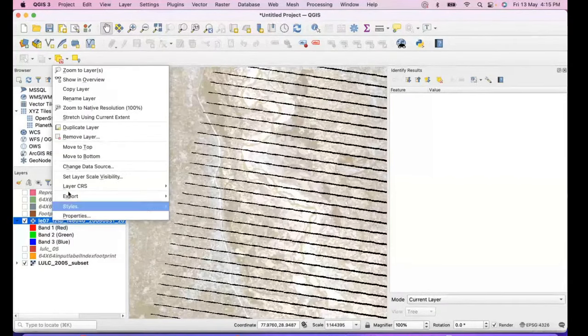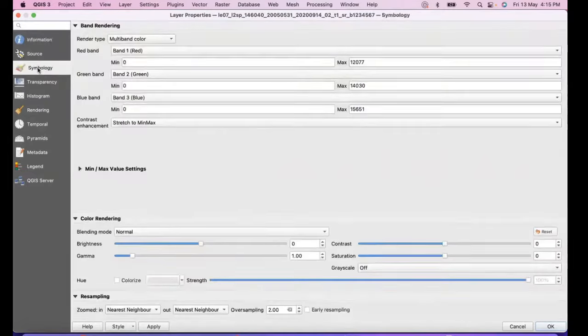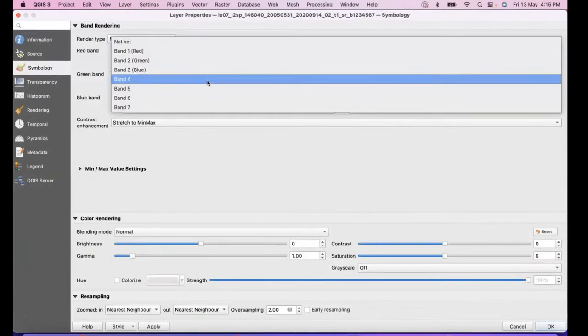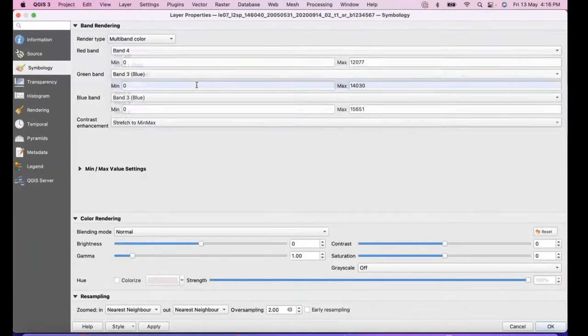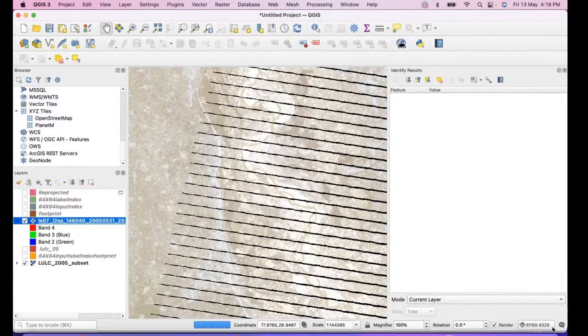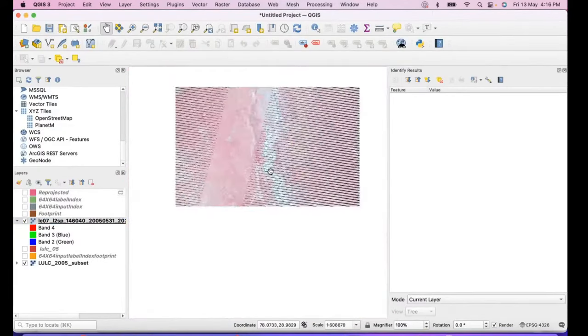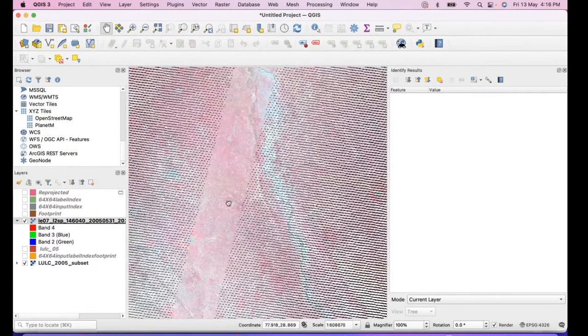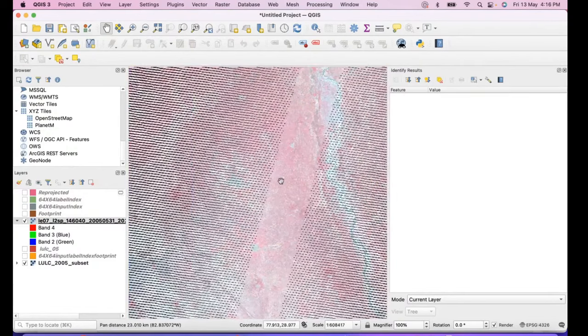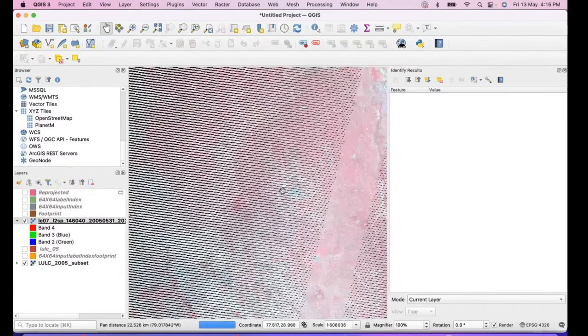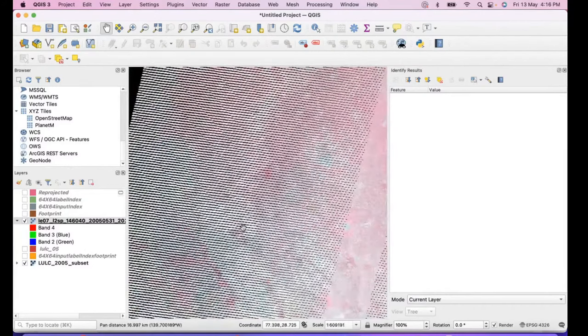So just create an FCC. As you can see, this image has different features. In the meanwhile, you also might have observed that in this image there are a lot